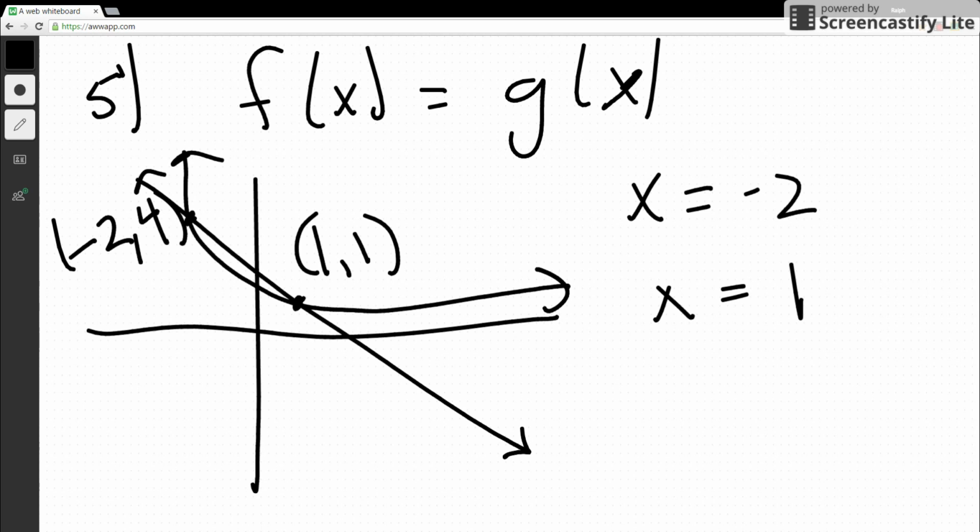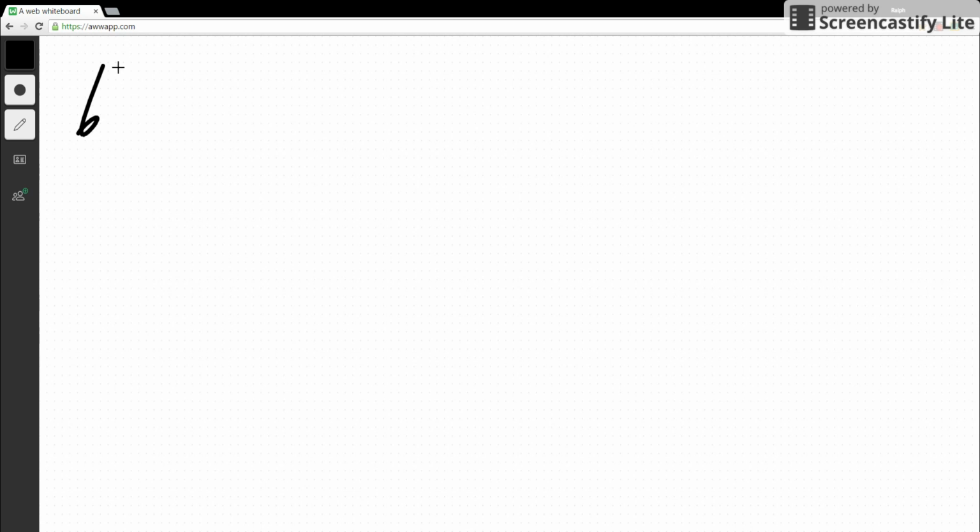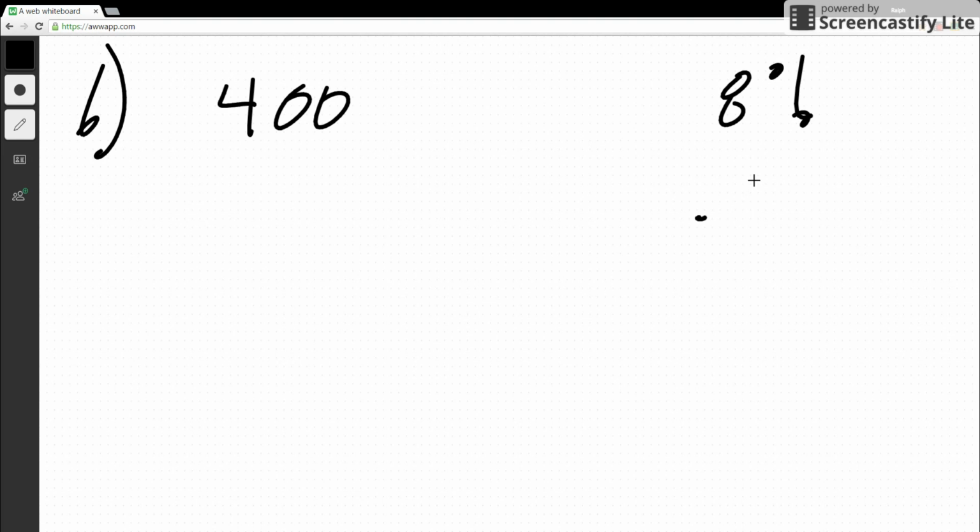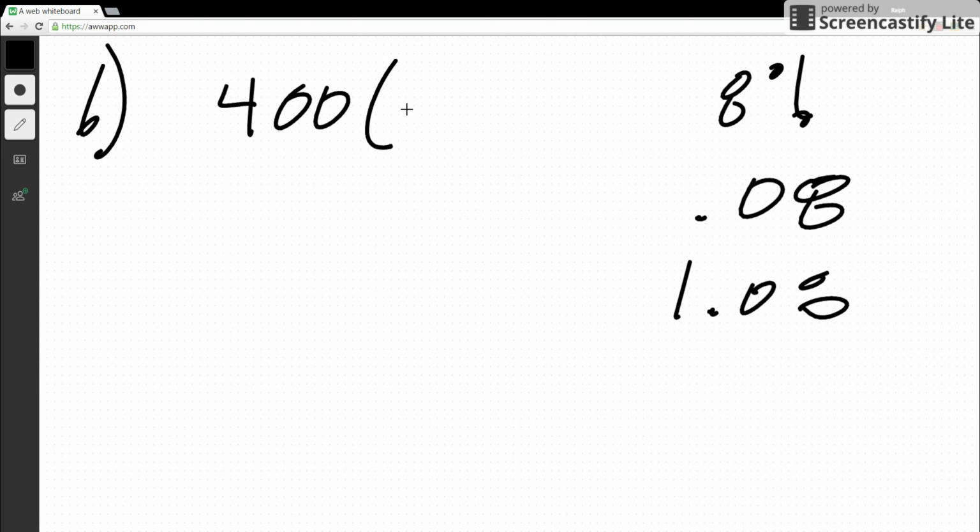Okay. Let's do one more on this video. Number 6. A student invests $400 at a rate of 8%. If you remember, 8% converted to a decimal is 0.08. However, it's going to be an increase, so I have to add a 1 to it. So that's the rate that I'm going to use,